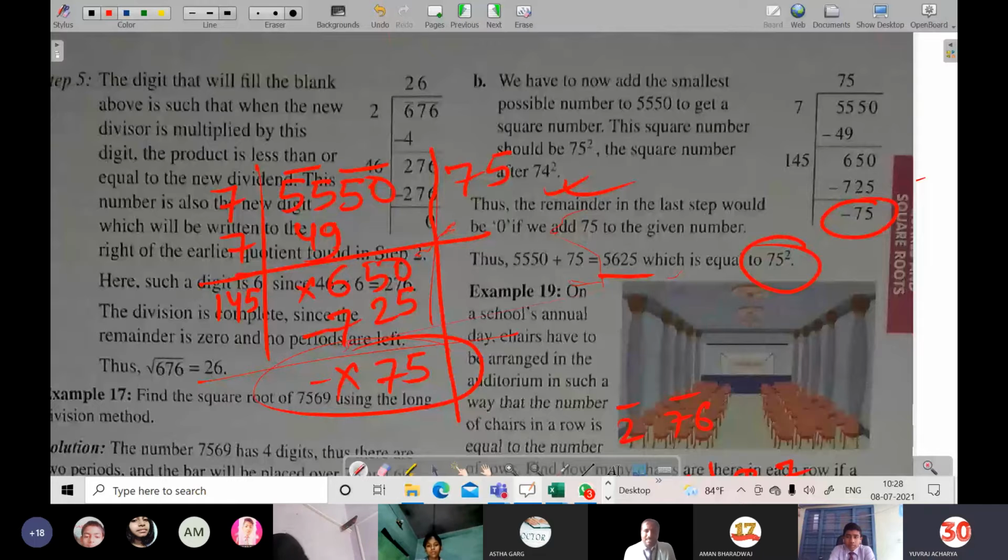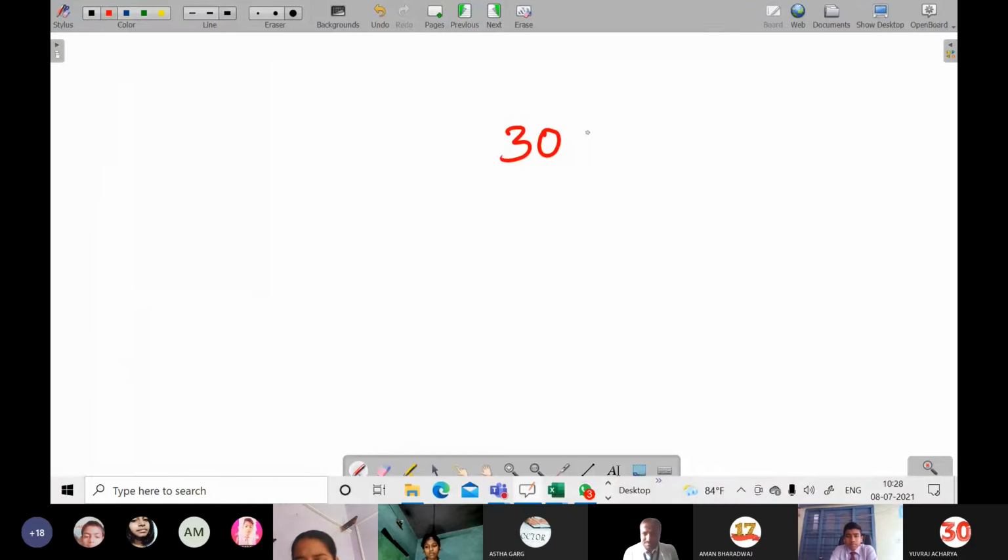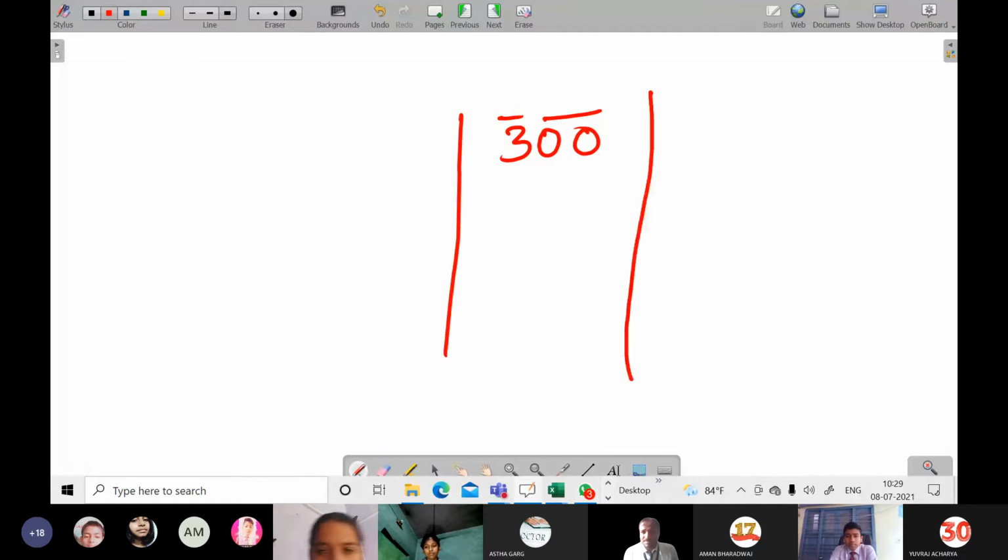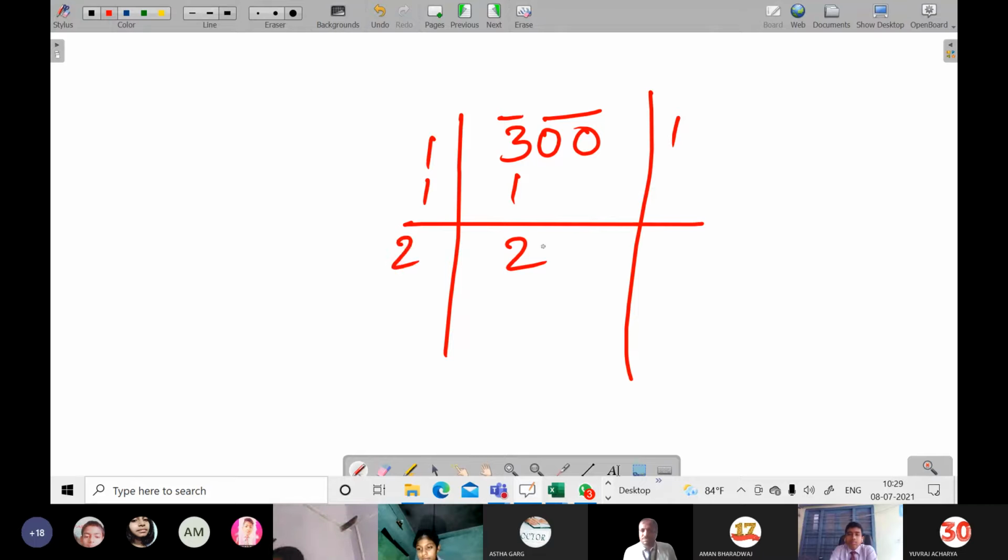Of course, I will be taking another example. Just for example, I will be taking any number, let it be 300. What will be added in 300 to make it a perfect square? Simply you pair it, and then after you simply divide it. 1 1 is 1. Then after subtracted 2 came, 1 1 added. Okay, 2 became our here. Now this 2 0 will be coming.